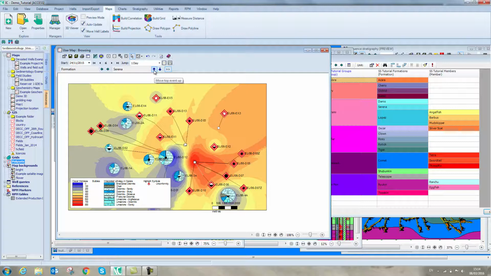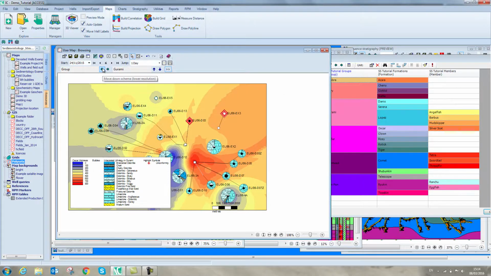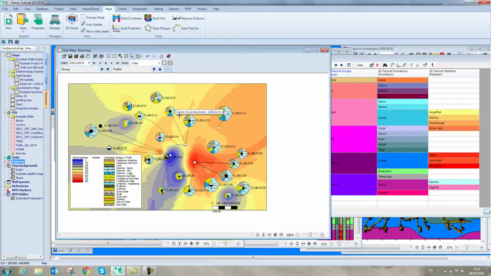I can move through the sequence at will and even go up a level in the hierarchy to look at the groups involved. So now moving back down through the sequence, I can see this puffer group and show that it has a greater variety of lithologies than its Oscar child unit. From this, I would also like to highlight which wells